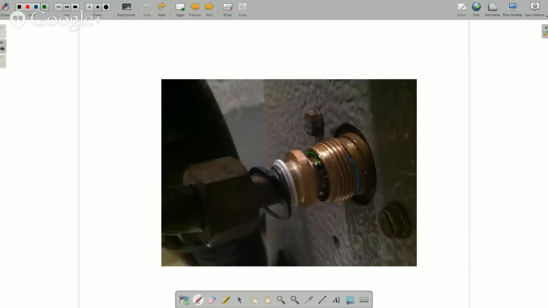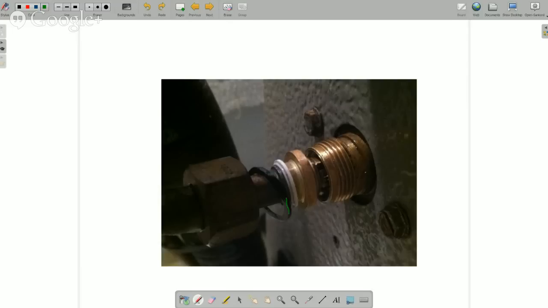Fixed orifice is right inside of here. This just happens to be an air conditioning system that had leaks for 3 years, and the company that came out continued to add refrigerant, couldn't figure out why. And can you figure it out, you guys that work in air conditioning? Well, they put the